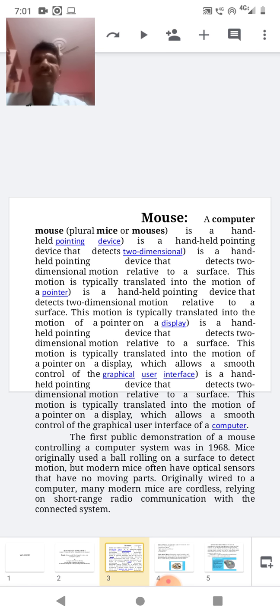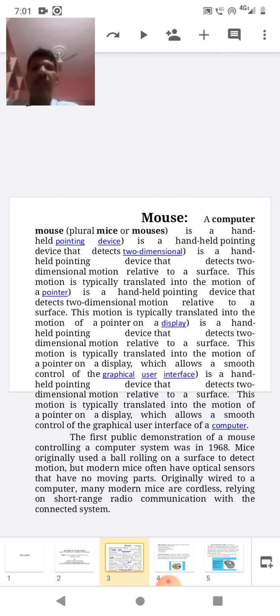In the earlier class we discussed the primary computer input device, that is the keyboard, various keys of the keyboard, and various types of keyboard. Today we want to discuss the mouse. Mouse is also known as a pointing device. It is used to give commands to the computer by clicking on mouse buttons.